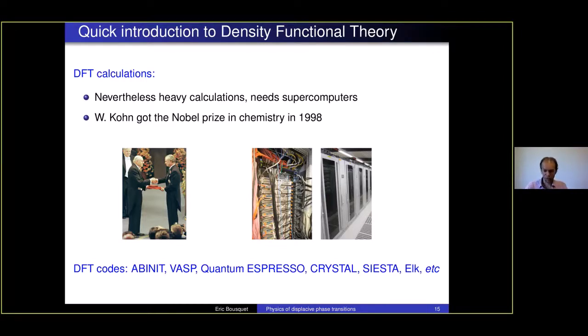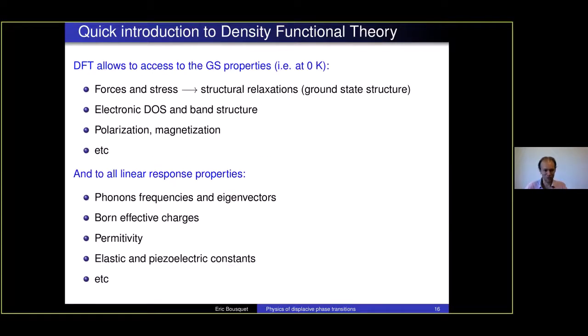Okay, so now we have a numerical tool to make atomistic simulations. And this DFT is really useful because once we have the ground state density and the energy, we can compute the forces and the stress. The Hellmann-Feynman theorem allows us to get the first energy derivative with respect to the atomic displacement, for example, or the modification of the cell parameters, which gives rise to the forces and the stress. This means we can relax the structure, minimizing the forces and the stresses to see what atomic positions minimize the energy of the system.